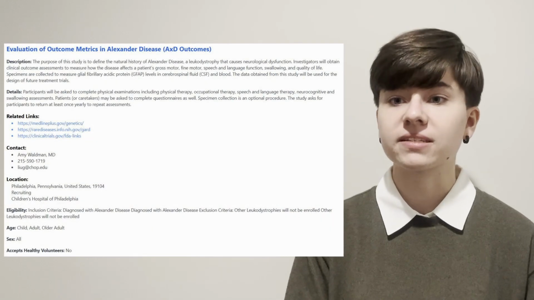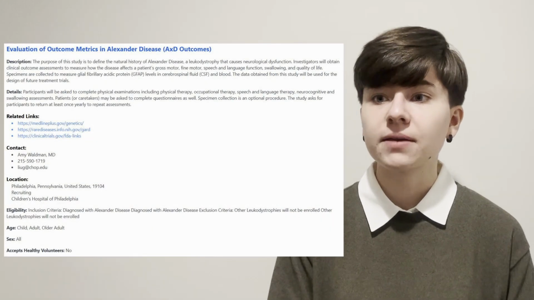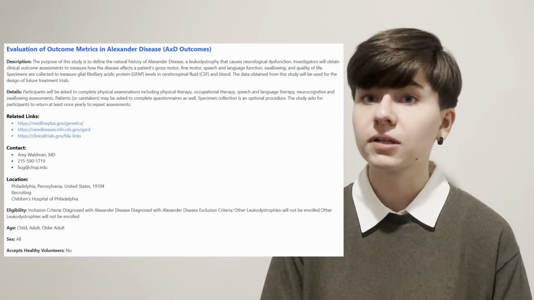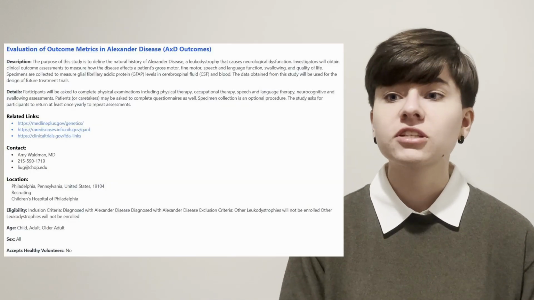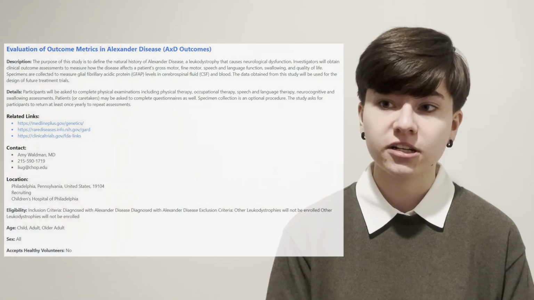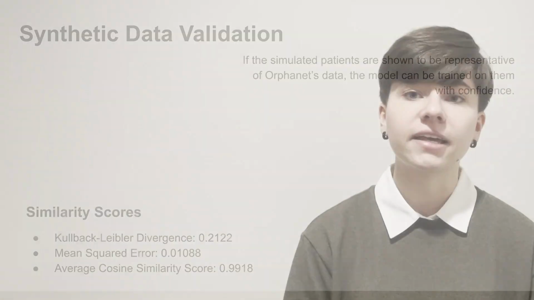To further enhance clinical utility, OrphanAI includes a clinical trial matching system. This component dynamically scrapes and filters data from clinicaltrials.gov using Selenium and Chrome WebDriver to retrieve and cache trial information. Trials are matched to users based on their medical profiles, including age, sex, and predicted disease, providing actionable next steps for patients and clinicians alike.